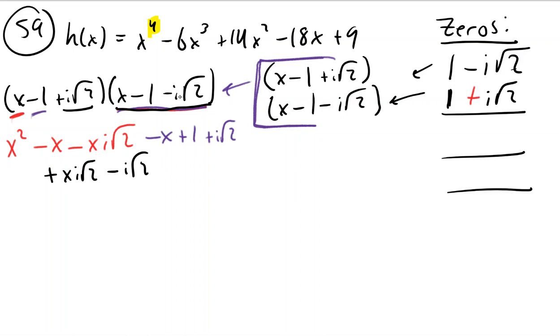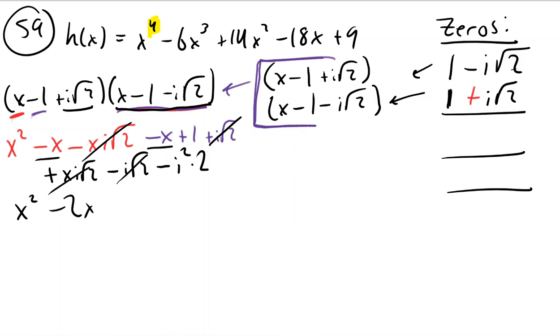And let's see, positive times a negative would be negative. I times I is I squared, and square root of 2 times square root of 2 is square root of 4, but the square root of 4 is 2. Okay, so when we try to clean this up, all the i's should go away. So combining like terms, those go away. Leaves behind an x squared,